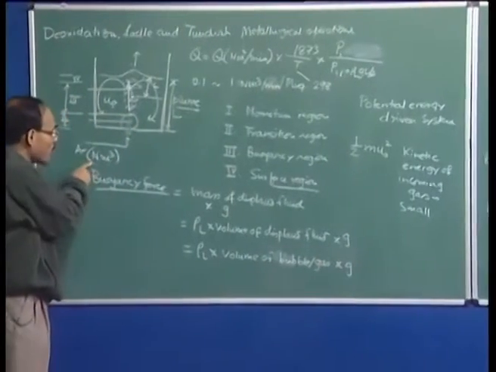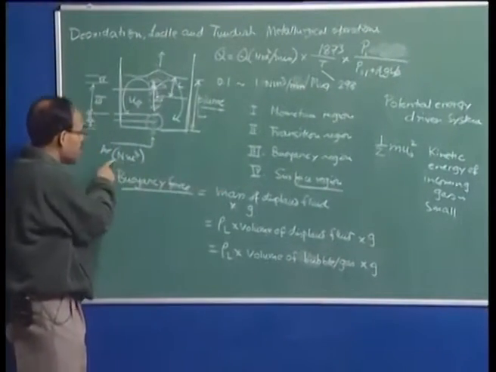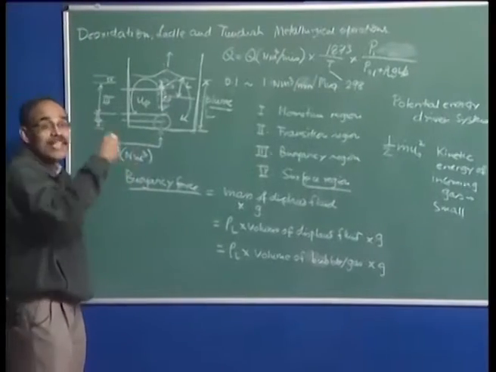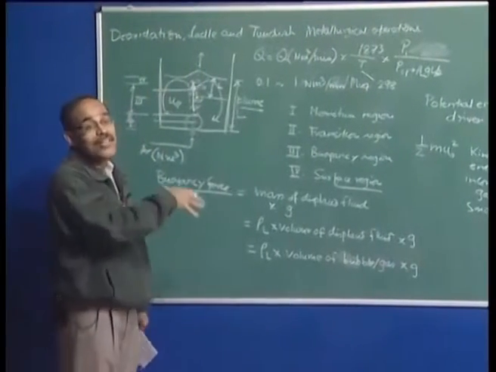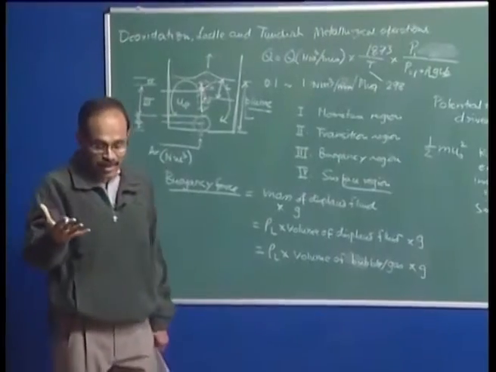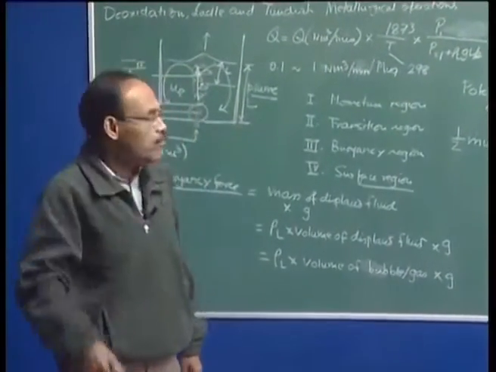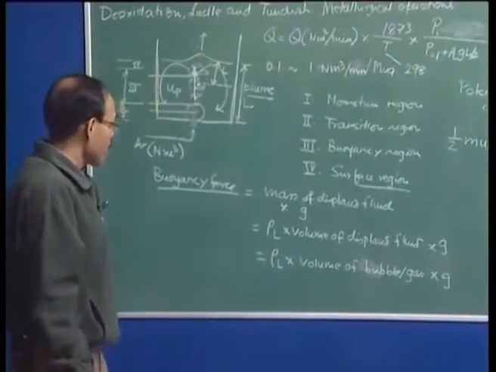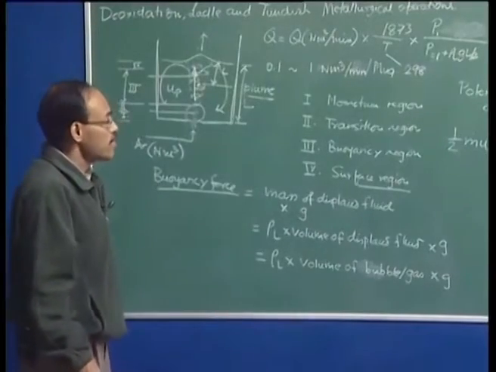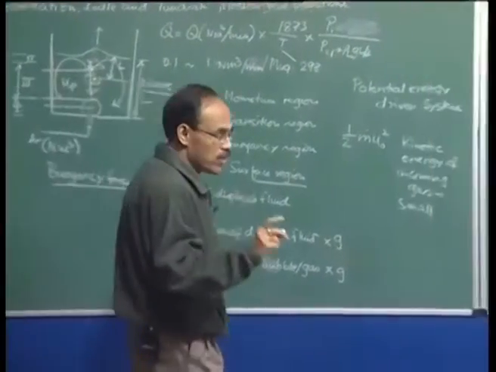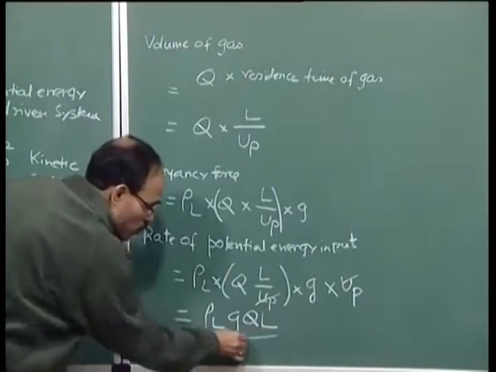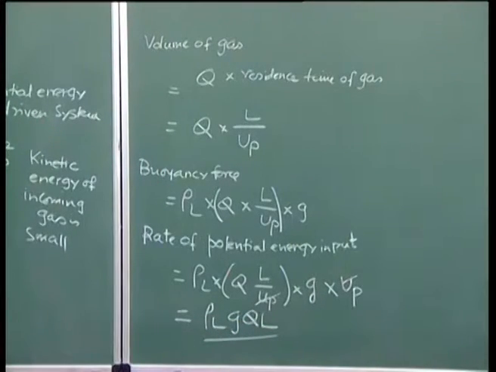If I work out the potential energy supplied on the basis of normal meter cube, it is going to be considerably under predicted, because my analysis would not have taken into account the expansion of the gas volume because of the reduction in pressure as well as increase in temperature itself. So it is a very important point to note that the volumetric flow rate used in this formula is actually a gas flow rate which is corrected to mean height and temperature